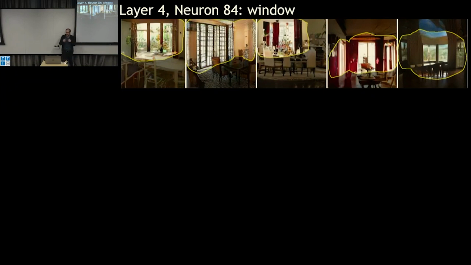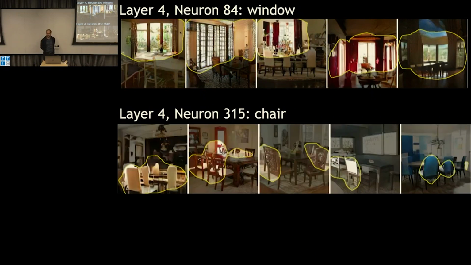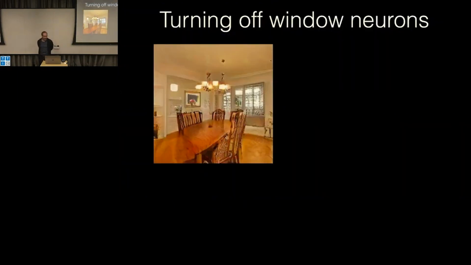This is a convolutional unit, so it's kind of localized, and you can check what is the region in which this neuron is actually active. And whenever it was highly activated, there were always windows appearing on the image that got generated. And then there was another one, unit 315, that whenever it got activated, a chair would appear on the picture. So that was pretty interesting. And there was not just one, there were multiple units that would do chairs, multiple units that would be doing windows.